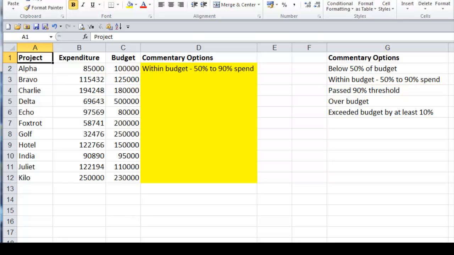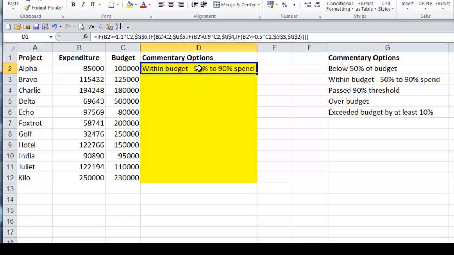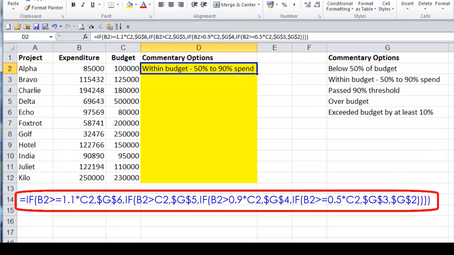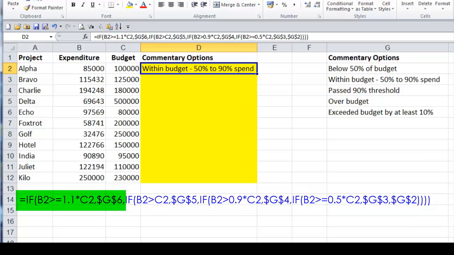I'm not going to work this one all the way through. I'll just show you the formula and pick out certain elements. I'm sure you'll be able to see how it's all put together. Let's isolate the first if. If B2 is greater than or equal to 1.1 times C2, in other words over 10% over budget, then return